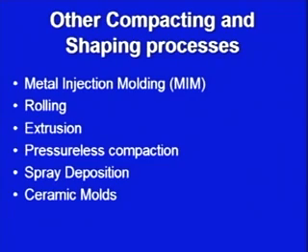The basic principle is the same as injection molding of plastics. There is a die cavity, one half of the die cavity is fixed, the other one is movable. The injected plastic takes the shape of the die. Before injection the plastic is melted with the help of a screw type of arrangement, and outside the screw arrangement there are heating coils. The heating coils will heat the plastic and the molten plastic will then flow into the die cavity.